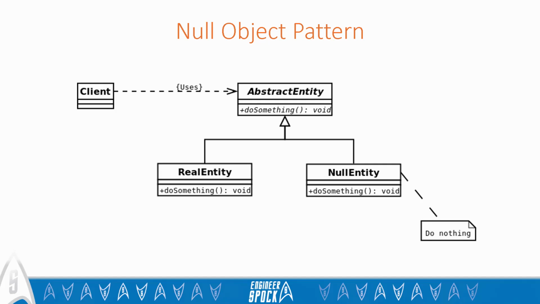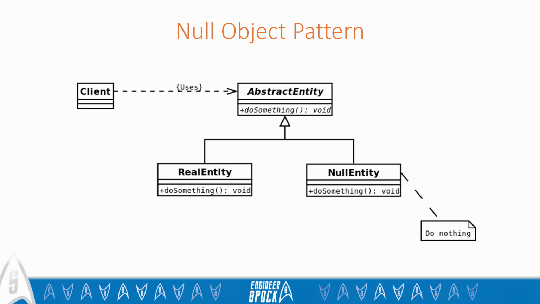Here you can see the diagram, which represents the design of this pattern. We can imagine almost any class as a real entity, which potentially can be null. Our goal is to eliminate nulls when working with this reference type. In order to do that, we need to extract a base class, which is represented on this diagram as an abstract entity. Please notice that we extracted the API of the real entity, which is represented by a method named